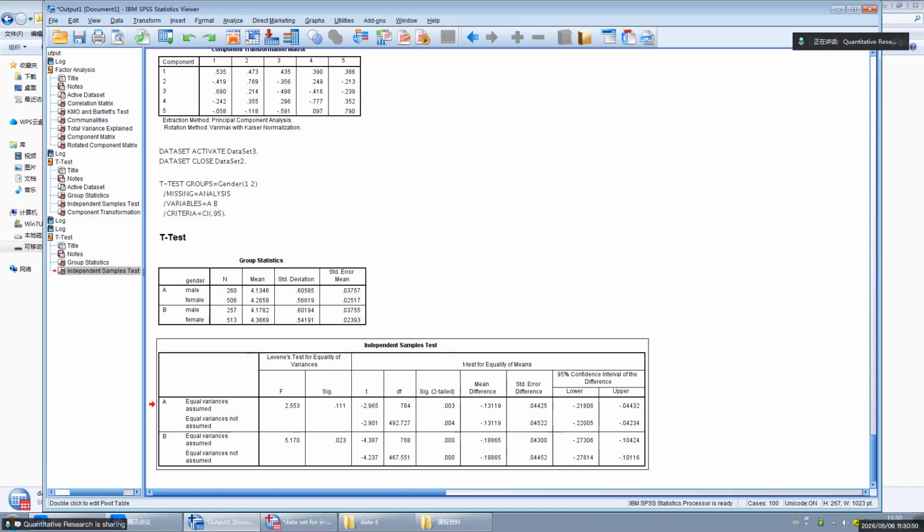It's possible, because for example, you have many variables and you want to examine the gender differences in all of these variables. So if there are a lot of independent t-tests, I suggest